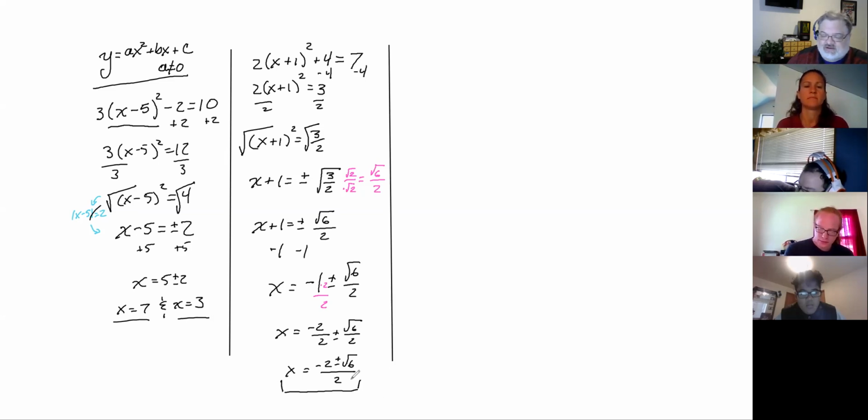So start being happier with that. A lot of people get nervous if they get an ugly looking answer and they go, oh, I must have done something wrong. Most of our answers are going to look like this. Our problems are going to be less rigged to be nice. Does that make sense? Get some yeses there. Good.